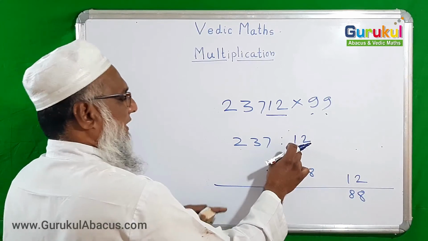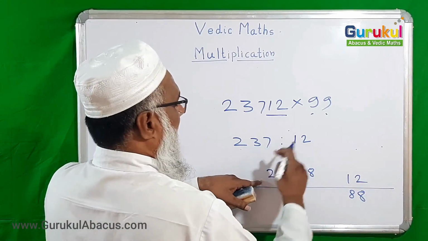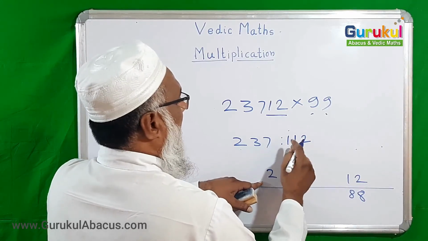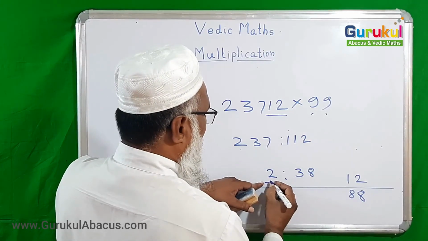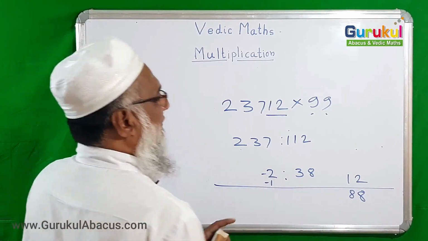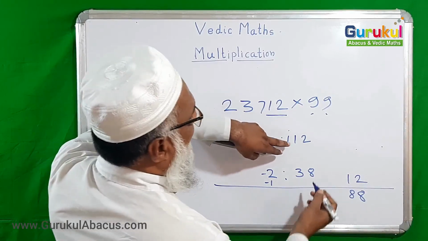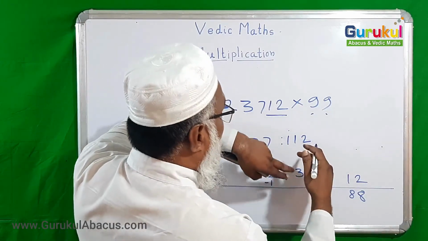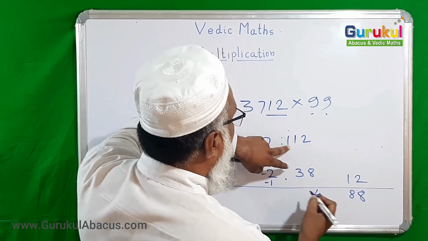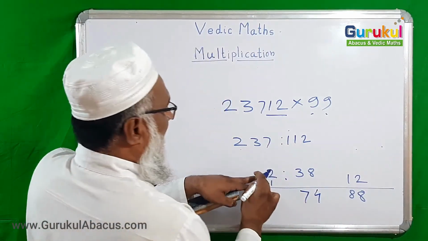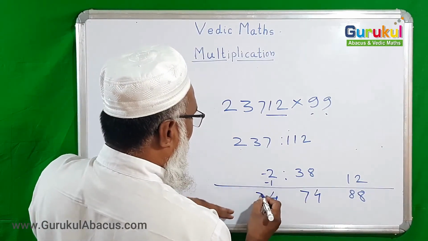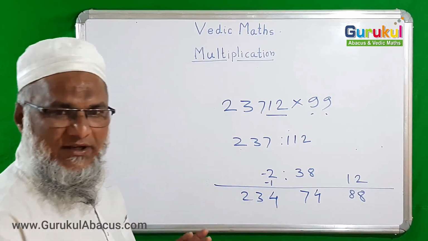Then here 12 I subtracted from 10, it became 8 and 8, 38, and now 38 I couldn't subtract from 12, so I should borrow from the left side, so 12 became 112 and borrowed 1, so immediately I put -1 here, and this is also negative, I just told you. Now the subtraction is going on, and here this 2 and 1, 3 I want to subtract from 7, so it is becoming 432. That's it. This is the method.